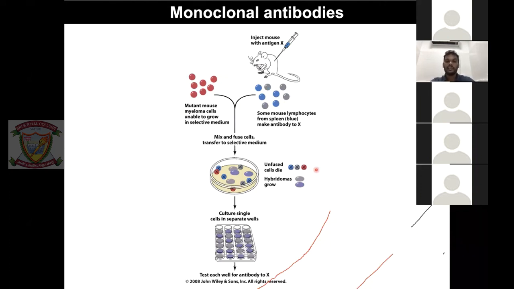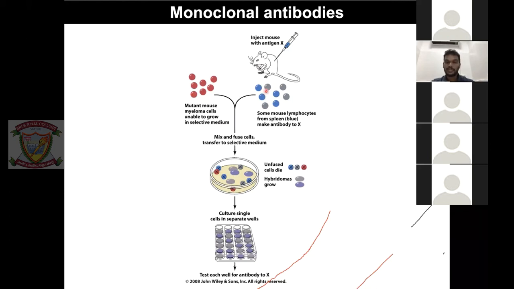They used mice. In mice, they take the spleen cells, where the majority of the immunoglobulin antibodies are produced, and there is this myeloma cell. This myeloma cell is what the B cells basically grow from, in multiple fractions. This myeloma cell will not grow in certain specific conditions. So now what they do is they mix these two.